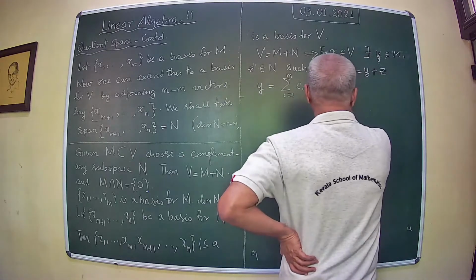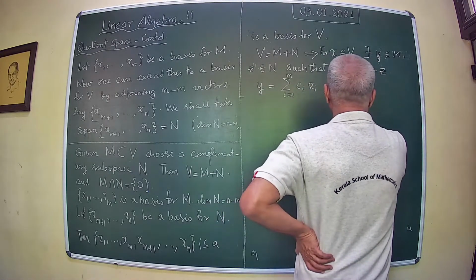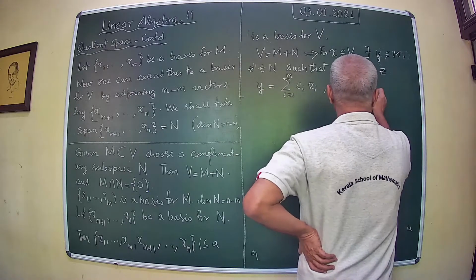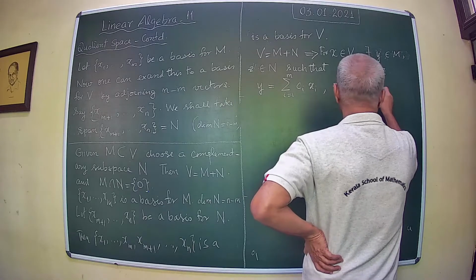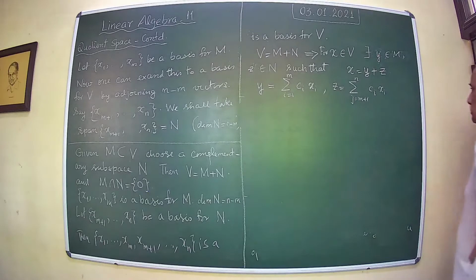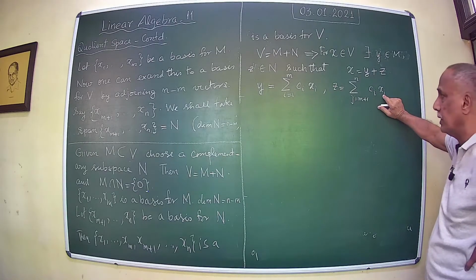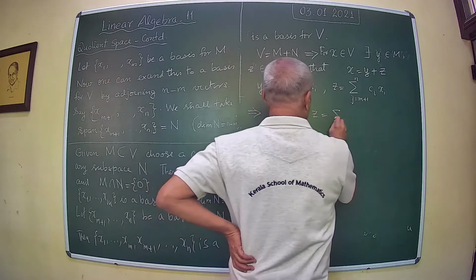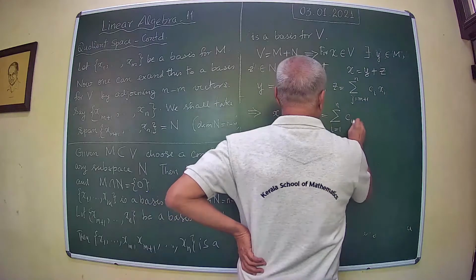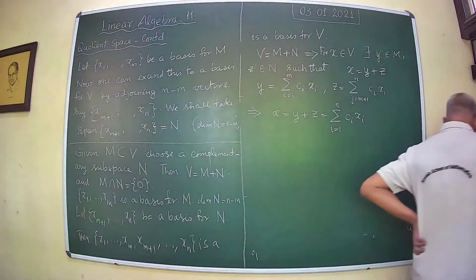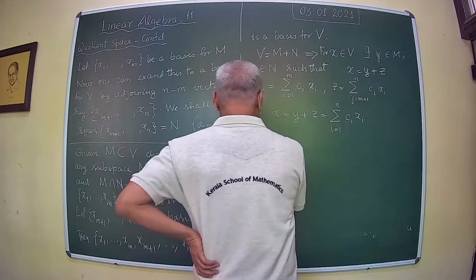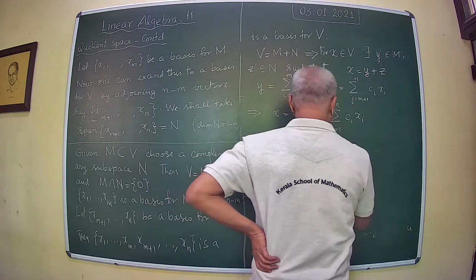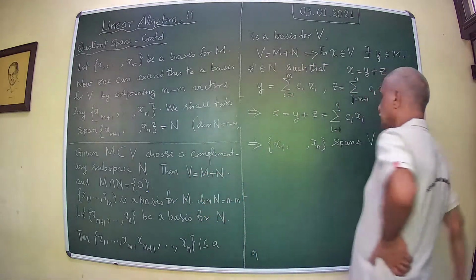So also z equal to sum over j equal to m plus 1 to n of cj xj. That means this is equal to cm plus 1 xm plus 1, etc. Therefore,